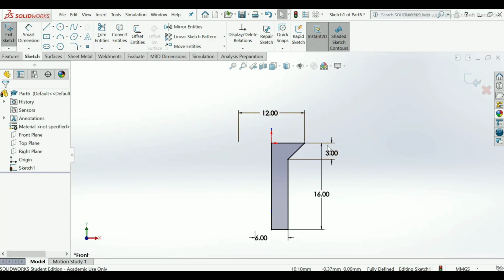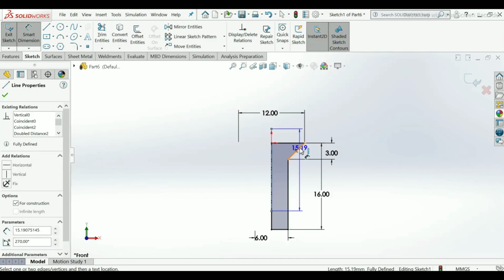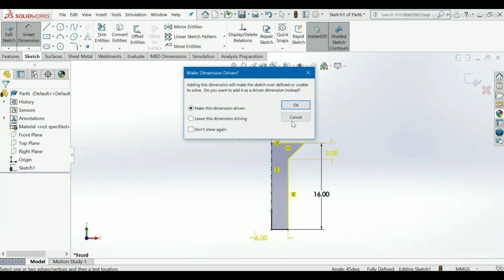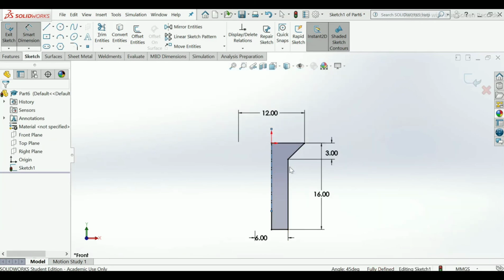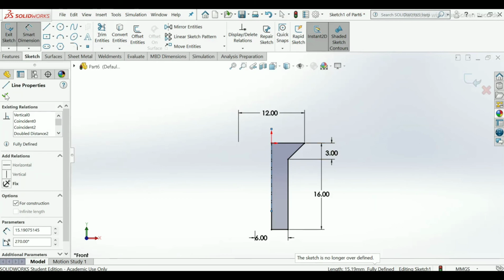Okay. Again smart dimension, take this center line and this inclined line, it will be 45 mm, but it shows over defined because our sketch is already fully defined, so make sure of it. Click OK.